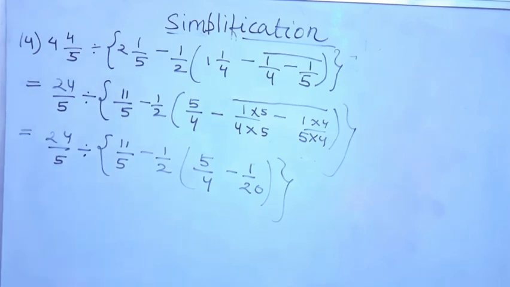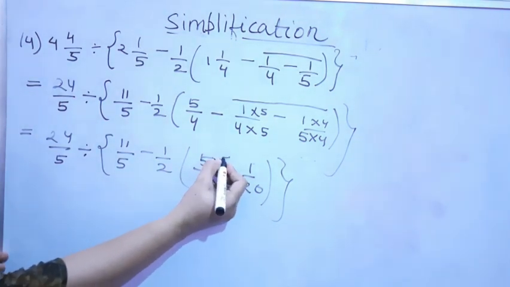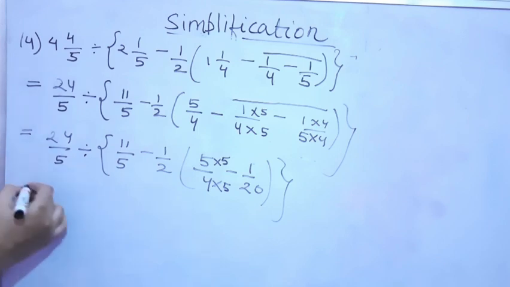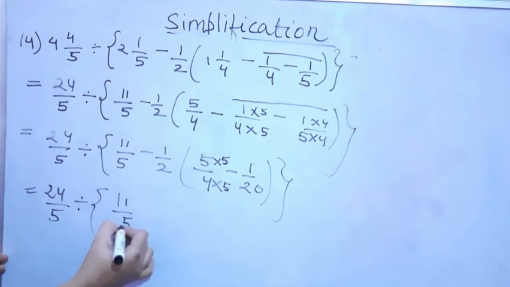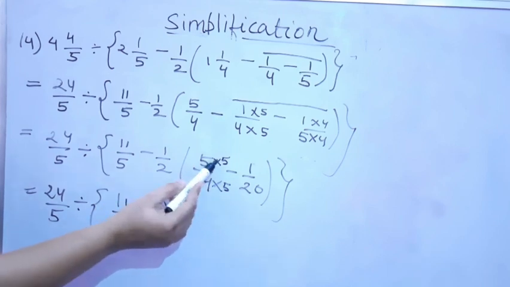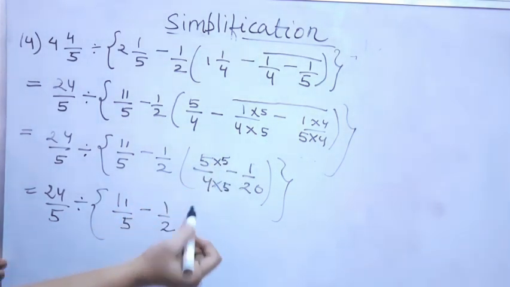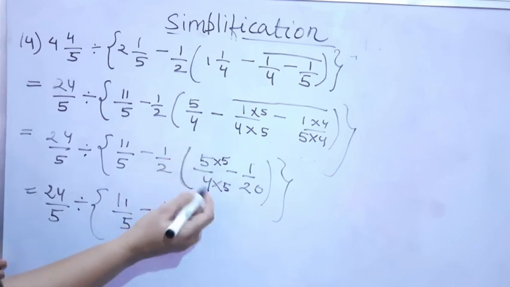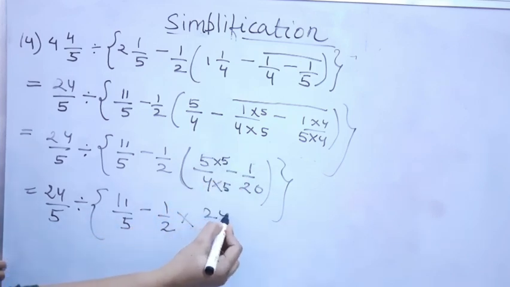Now students, tell me what is the LCM of 4 and 20? The LCM of 4 and 20 will be 20, as 20 comes in the table of 4. So now to make it 20, 4 has to be multiplied by 5. Now the next step is 1 upon 2. Now within the bracket it is 5 5s are 25. 25 minus 1 will be 24, and since this bracket means multiplication and we are removing the parenthesis, so 25 minus 1, 24, and the denominator was 20.